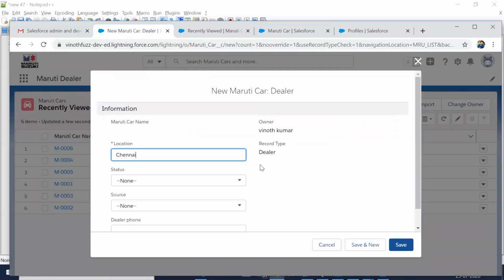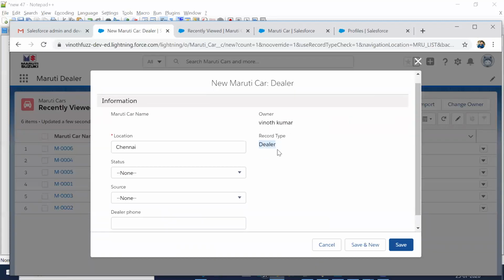See here, when I'm creating a new record, I'm able to see this is a dealer record type, because I only have access to the dealer record type. So it's created with the dealer record type by default. I cannot edit it since I don't have access to any other record type. If I had access to another record type, then I would be able to change it.